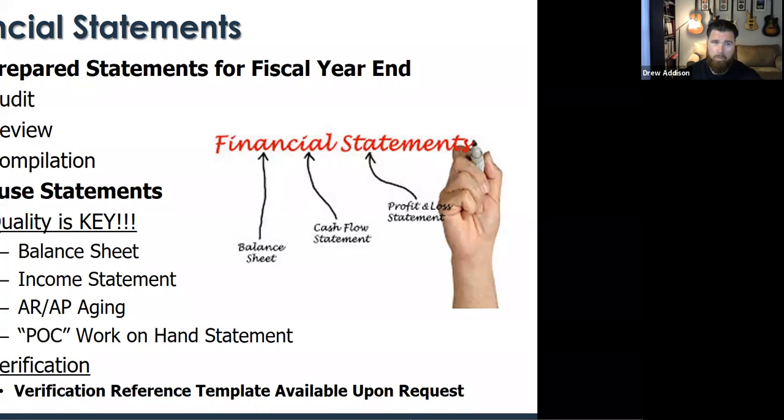And then, if we're only starting the surety program on in-house statements only, verification is key. If you were to submit to me only in-house statements, more than likely I'm going to have to come back and we're going to have to do some additional verification of bank accounts, right? Sometimes that'll be bank statements. They want to make sure that the cash you have on your balance sheet reflects what's actually in your bank account at the time. That's just an example of what that verification is. So be prepared for that.